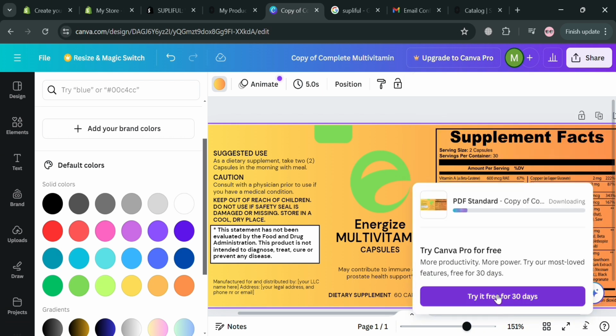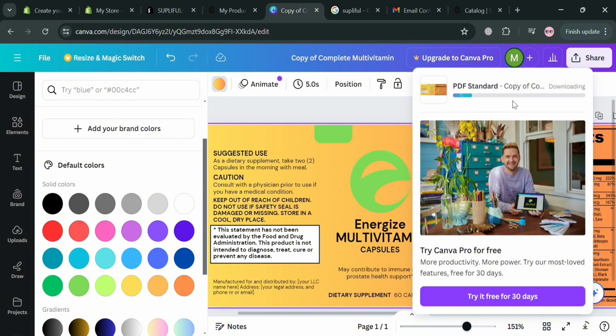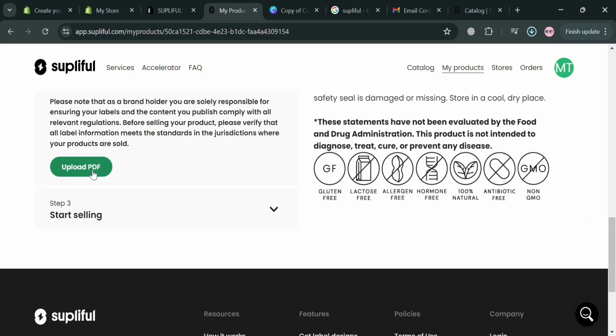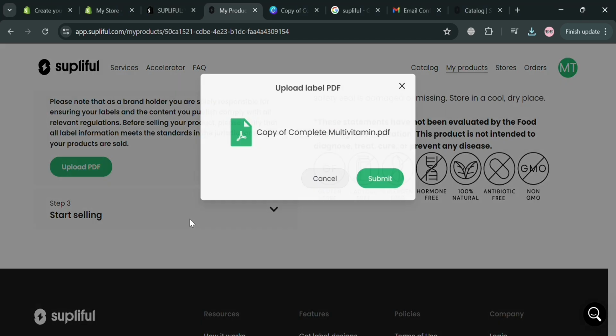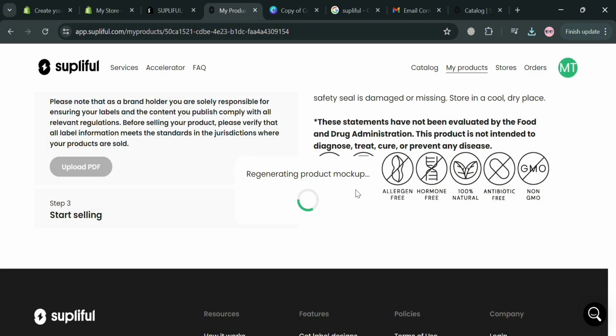And all you need to do is wait for it to be downloaded, and after that we can now proceed by going back to this page right here and start uploading the PDF that we just customized in our Canva. And upon uploading, it will show you this pop-up window to click the submit button to proceed. And upon clicking on it, you'll now be able to see here the result of our customized design in Canva,